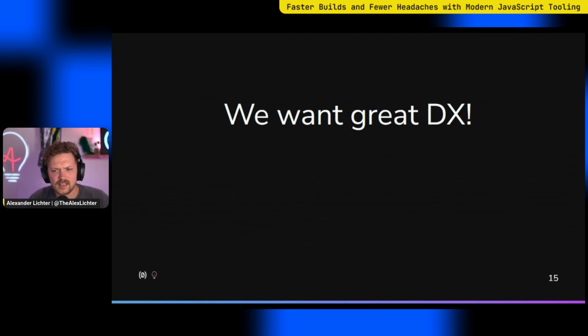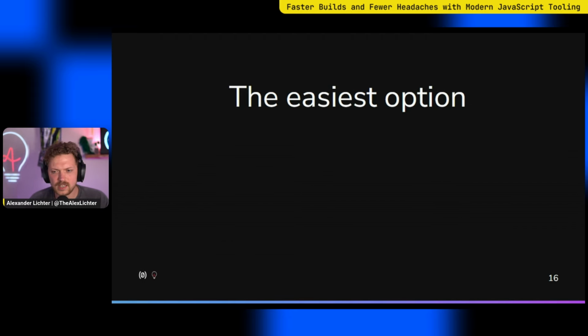Well, we just want to say we want great developer experience, and that's kind of the TLDR. So with JavaScript developers, if we start an application, we already said before, the easiest option, almost no matter which framework you pick, right? Sorry, Next.js in that case, is Vite as the foundation. Maybe you're using Vite already and you just don't know it, which is actually the perfect complement for a build tool like Vite, because if it just works, then what else should it do, right?